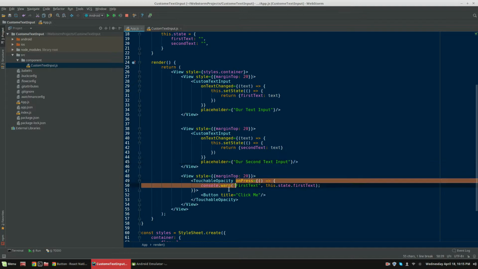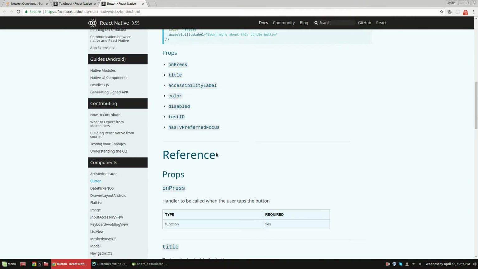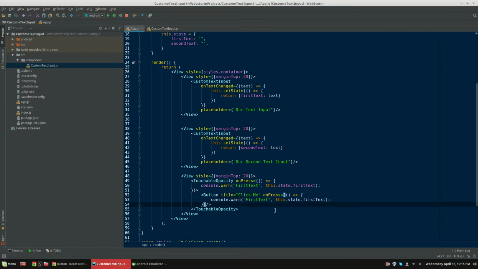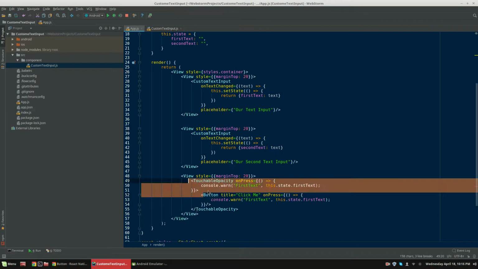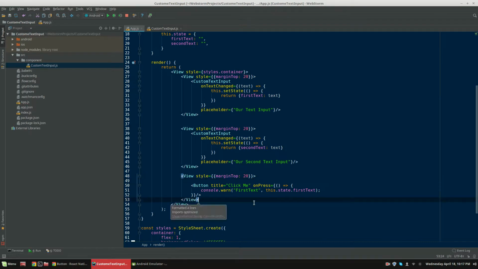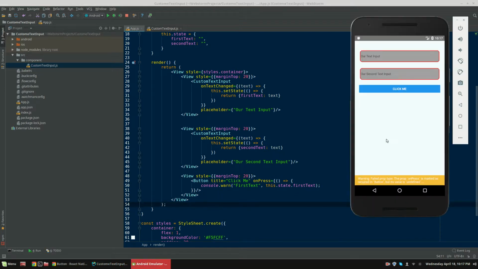Sorry, we can use this. Our button has this onPress property. We actually don't need a touchable opacity here. Sorry for the pause, I needed a little break there. Now, where were we? On the click action of our button, we want that